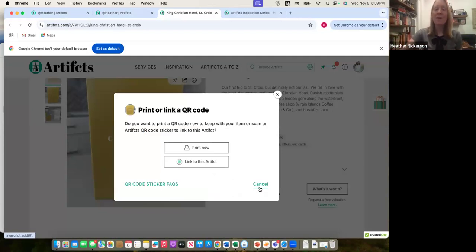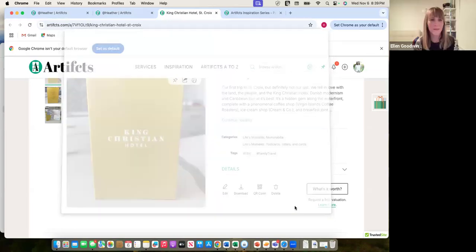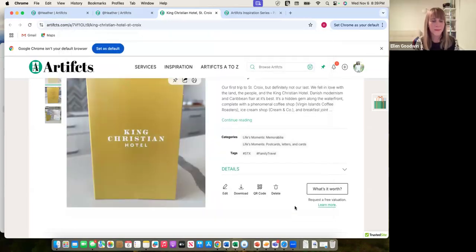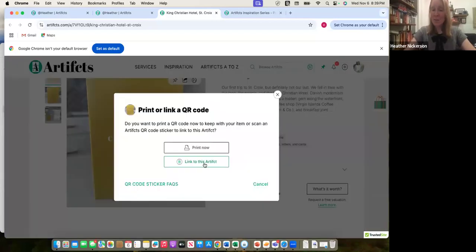This is how you can do it. You can either print the QR code and safely adhere it to the back. I'm not sure actually, is my screen sharing? Yes, okay, perfect. Adhere it to the back. Or you can also use our QR code stickers, which, now that we have the stickers, I will admit